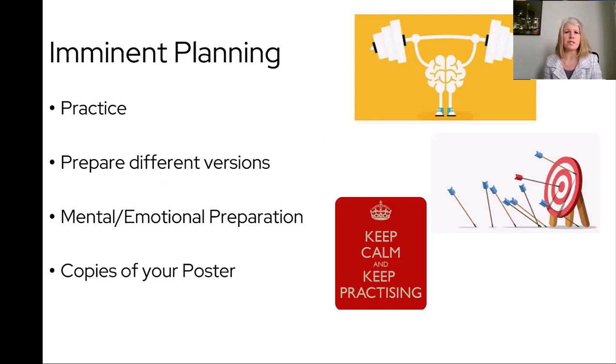Then a few simple things should be included in this short presentation. Your main interest or research question, which should be either in the title or possibly in the beginning of the introduction. That information should be very clear on your poster and easy for you to say. Then you should indicate your main result. Even if you have 15 results on your poster, you should have the main result that you're most excited about or most interested in. That's what goes in your 30-second presentation. And then what that result means and what you think you're going to do next because of that result. So that should be, again, about 30, maybe 45 seconds.